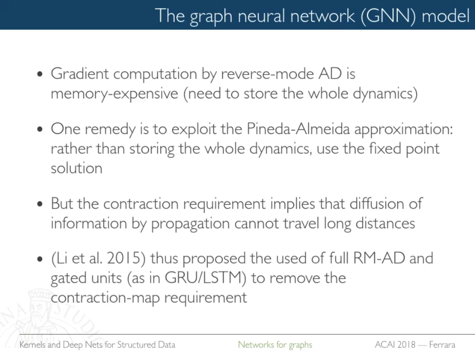Contraction implies what? Are you familiar with dynamical systems or system theory? What is an example of a linear system which is contractive? When it's asymptotically stable, meaning what? That the eigenvalues are always less than 1. What happens in a system like that? You put some input on some point, the system starts to evolve, and where does it go? To 0. It forgets everything, right?